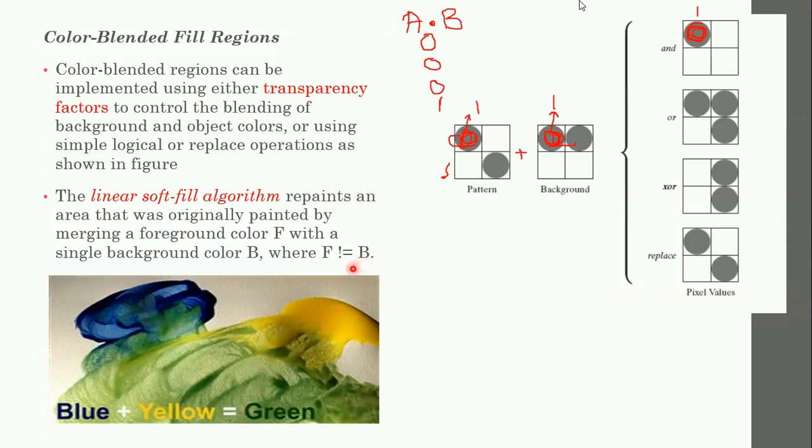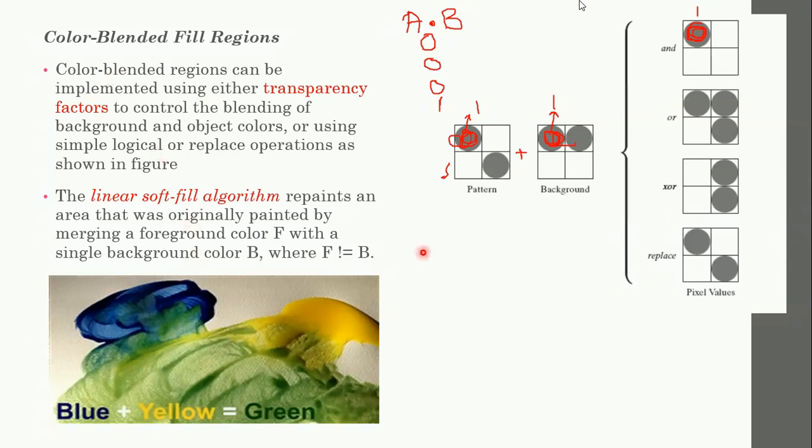That means if F becomes equal to B, you will remain with the same color, is it? So if it was blue, and you are filling blue itself, what happens? Blue only will be displayed. So this is the meaning here.